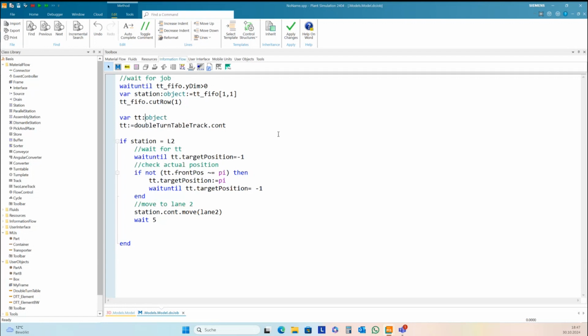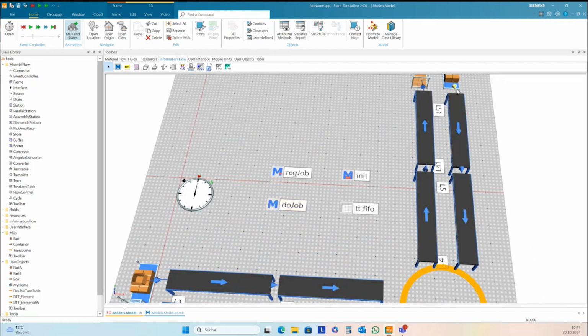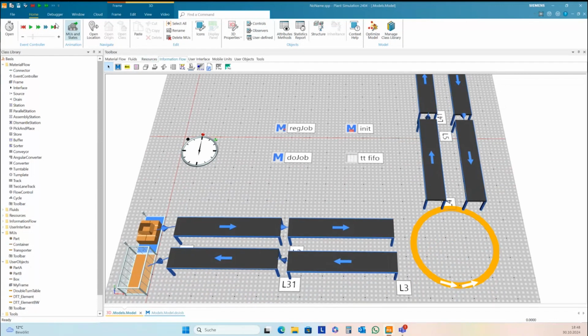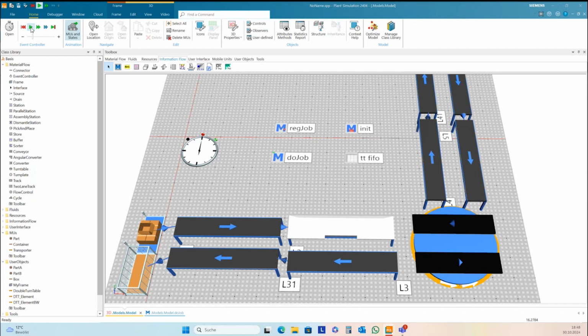I have set the delay, I hope it's the first one, but we can remove the connector here to check the behavior. Okay, it's TT, lane 1, lane 2.